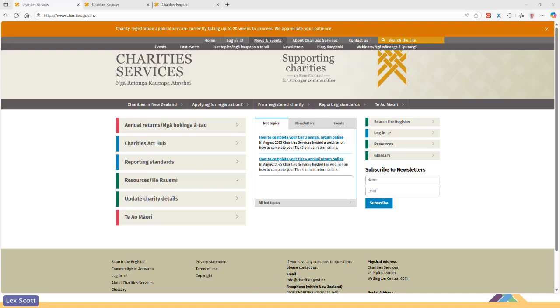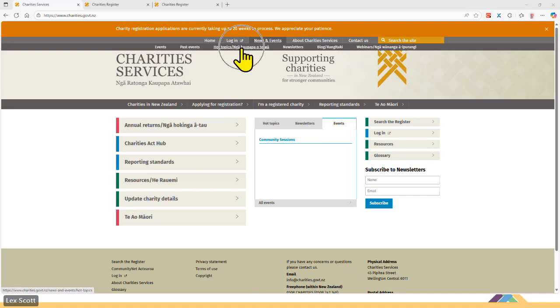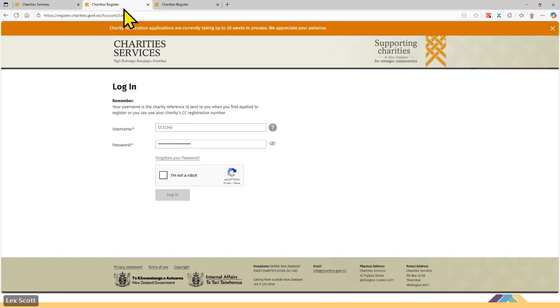The first step to filing online is logging into your dashboard. Go to charities.govt.nz and click on Login either at the top of the page or the right-hand side. Log in by entering your registration number, for example, CC12345, and the password your charity is set. This will take you to your dashboard